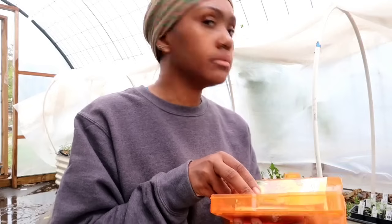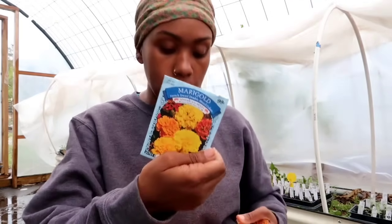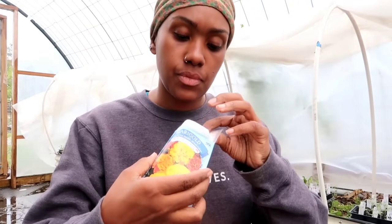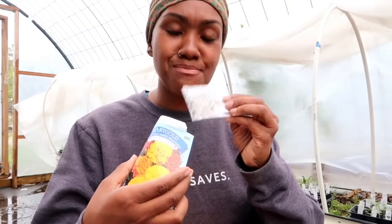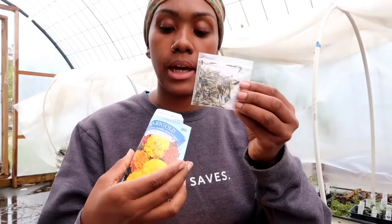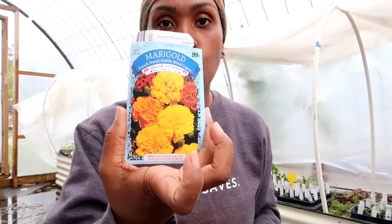And the French Dwarf, this packet right here does say 2018, which is really, really old, but I'm pretty sure that I mixed seeds together, and so I'm hoping that if I just plant this time maybe 4 or 5 seeds in each one, basically just use this whole pack, and then just know that, you know, because I can get new marigold